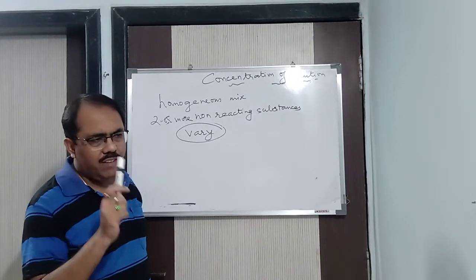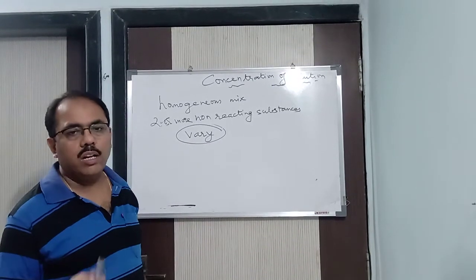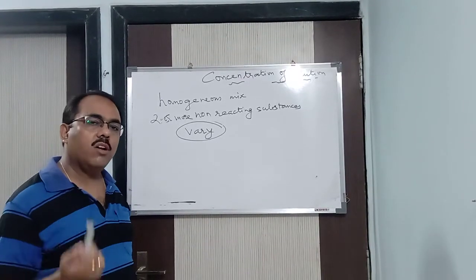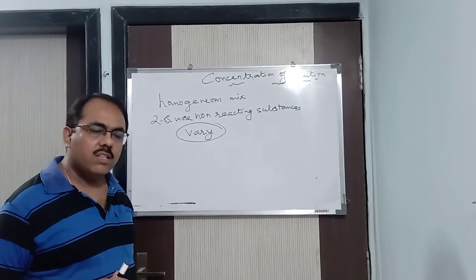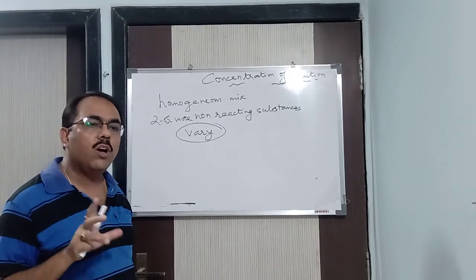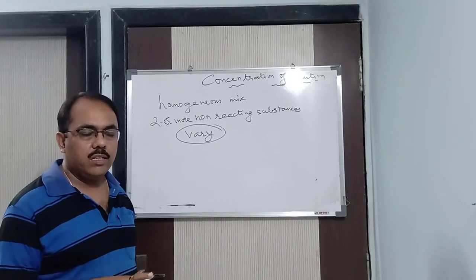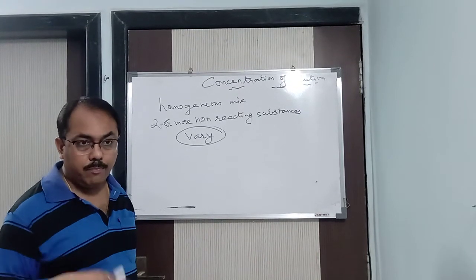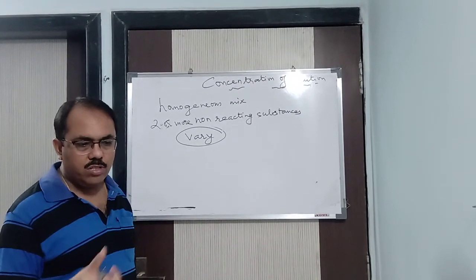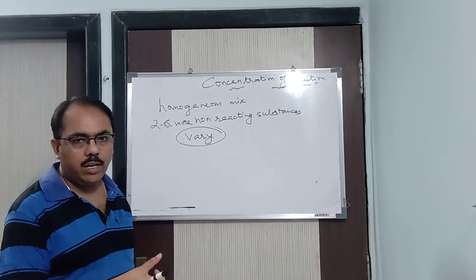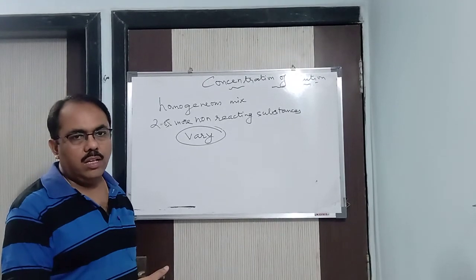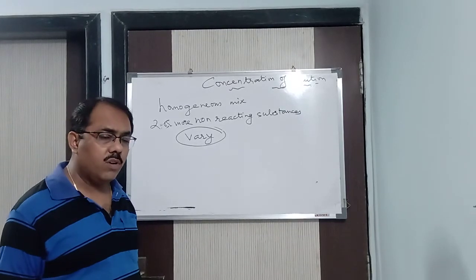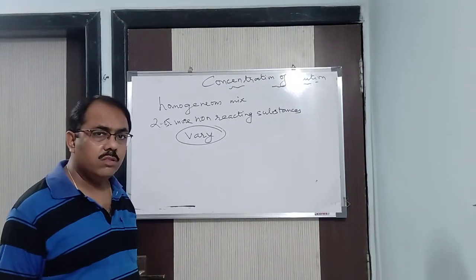Understood? So here I have told you two words, like sugar and water, salt and water. What are those? One is a solute, the other is a solvent. Solute means the substance which is present in small quantities in a solution, proportionately compared to the solvent. If the substance is present in small quantities, that is called a solute.